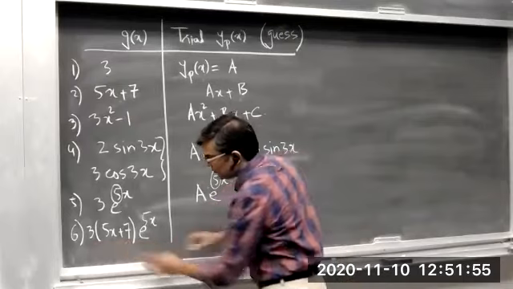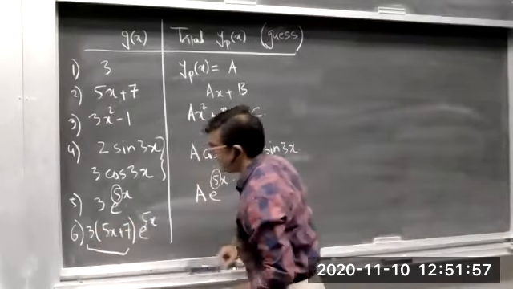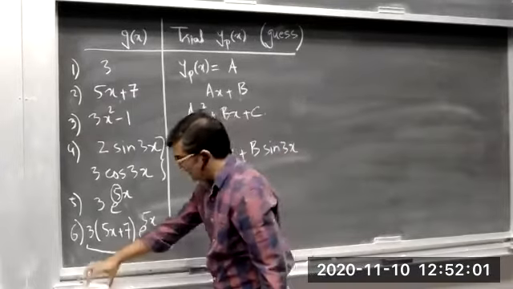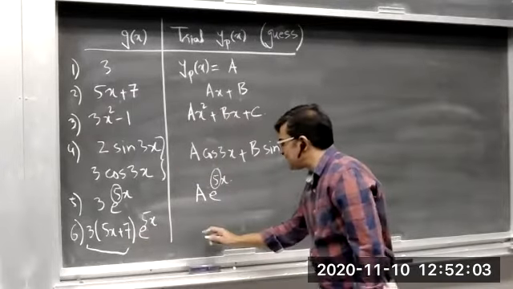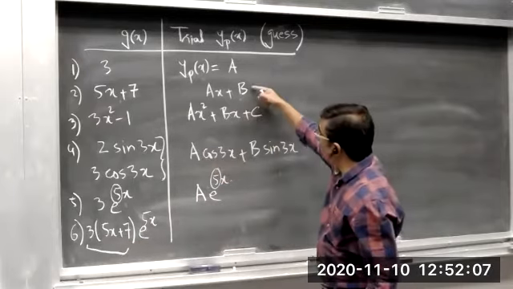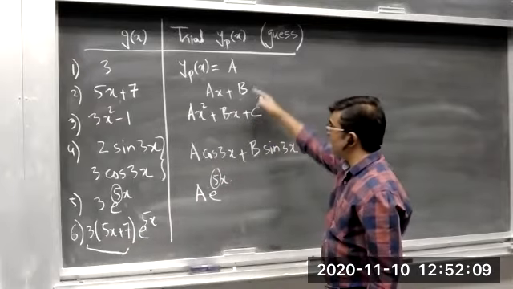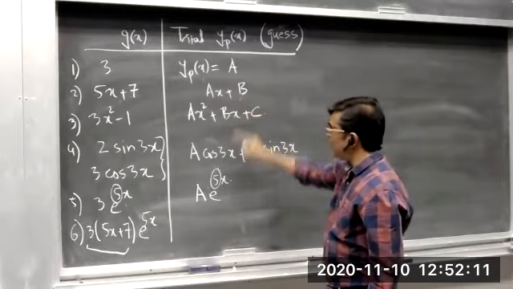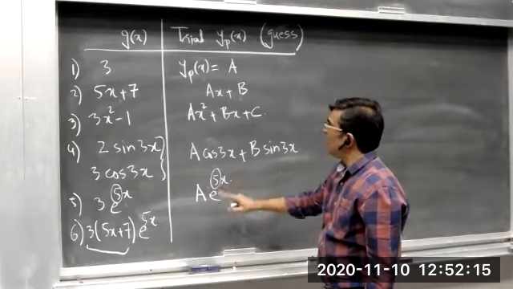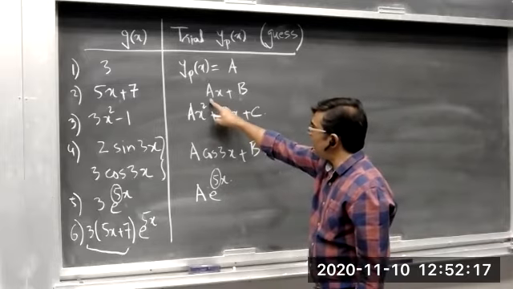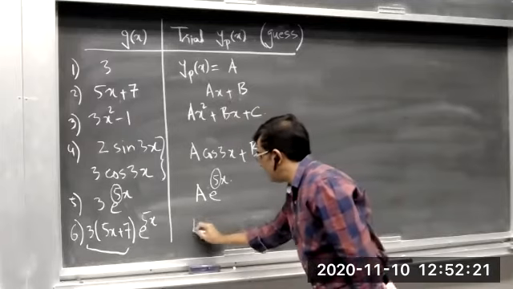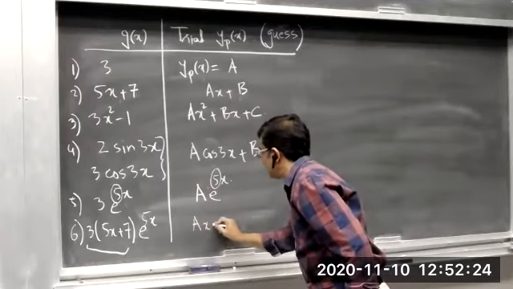This is a polynomial of degree 1, and this is the exponential function. In this case, we take basically the product of these two initial guesses: ax plus b times e raised power 5x. Now, as we already have a constant here, if we assume ax plus